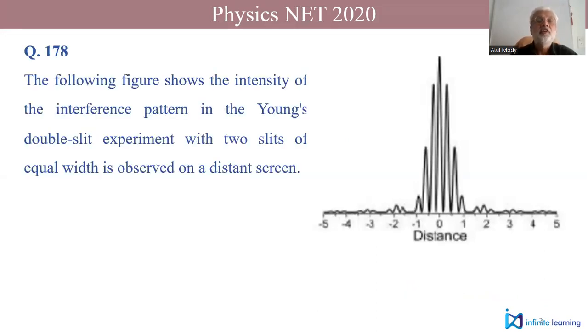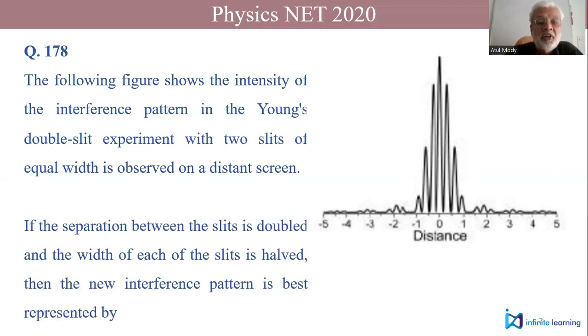Okay. So the figure shows the intensity of the interference pattern in Young's double slit experiment with two slits of equal width observed on a distant screen. If the separation between the slits is doubled and the width of each slit is halved, the new interference pattern is best represented by which option? So, if we look at the pattern,